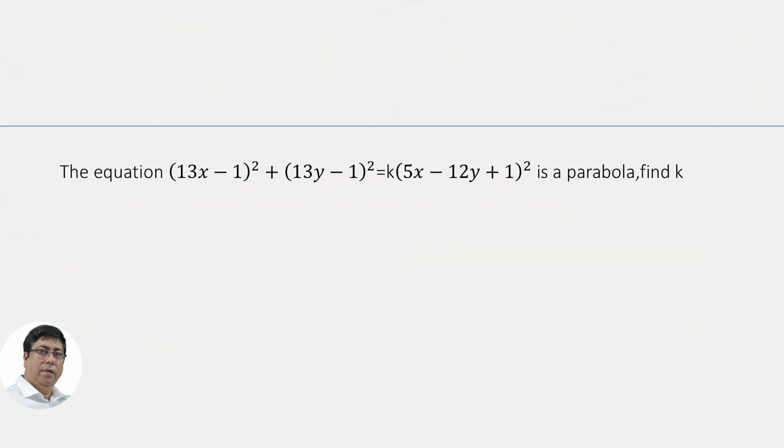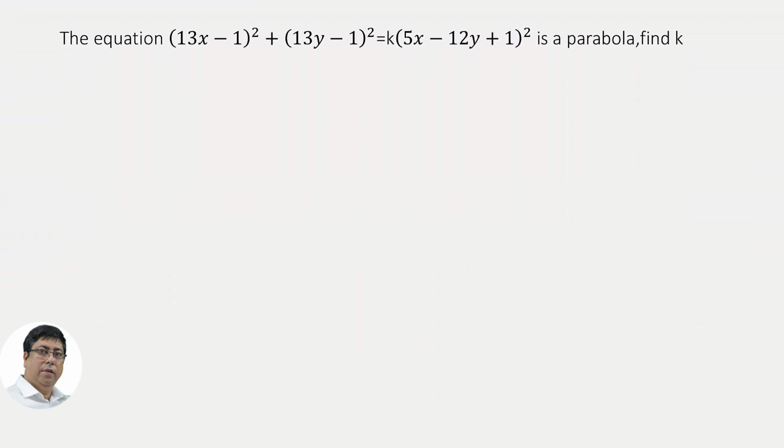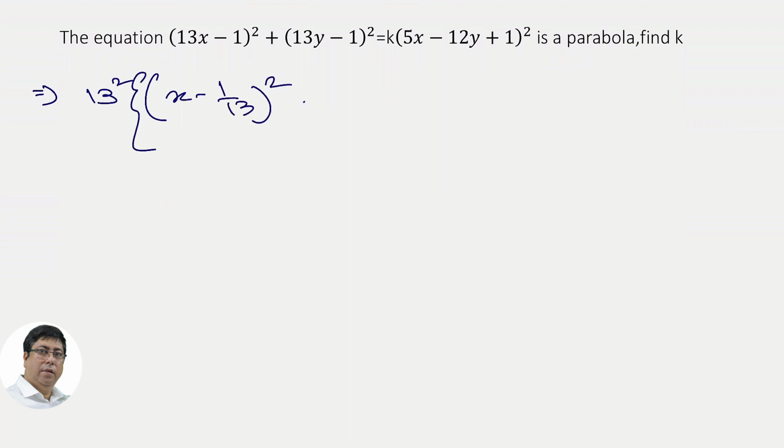Let's solve the next one. This equation represents the parabola, and we have to find the value of k. So in this case, let's do one thing. Let us take common 13 square. So x minus 1 by 13 whole square plus, similarly, y minus 1 by 13 whole